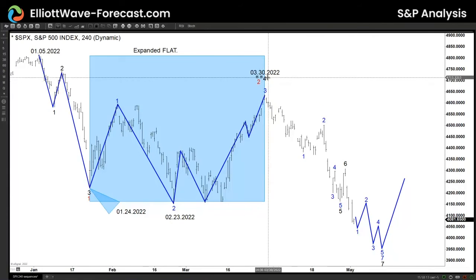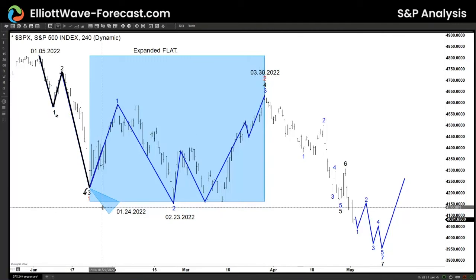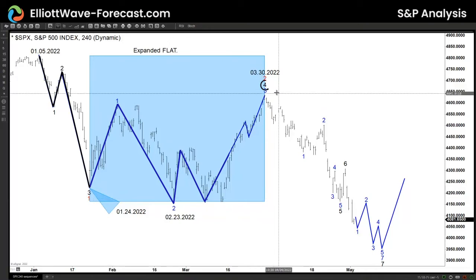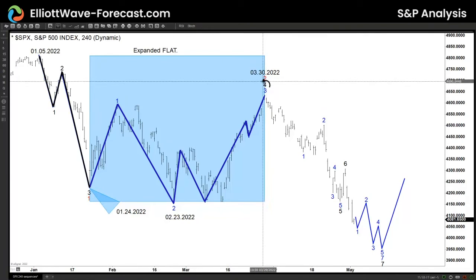If you notice here, this is a sequence, guys. There are 3 degrees or levels. The black 1, 2, 3 makes 1 in red, and 1, 2, 3 in blue makes the 4 in black, but also makes the 2 in red. Now, at this stage, when the market reacts, eventually coming out of the lows that happened on February the 23rd,